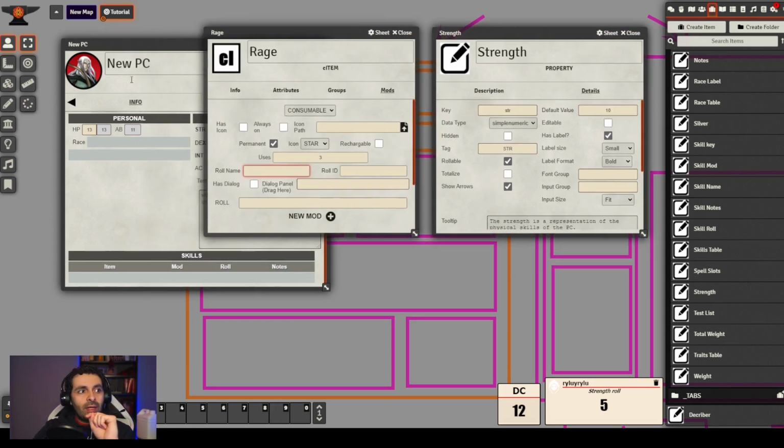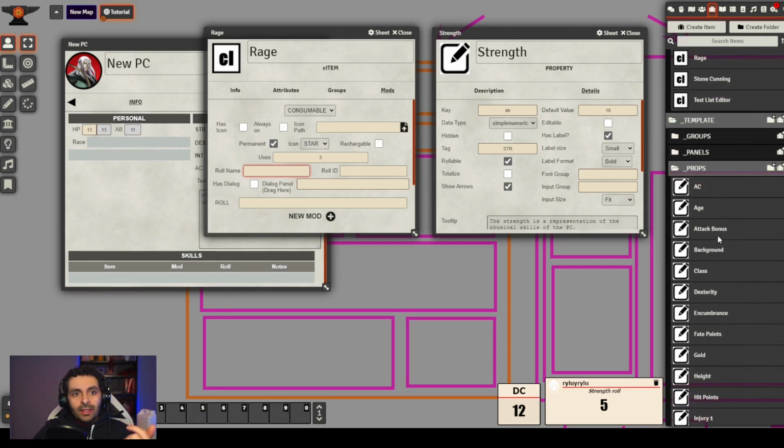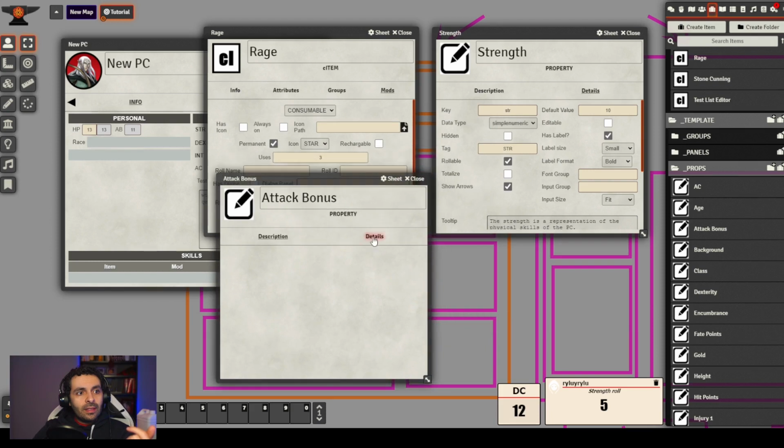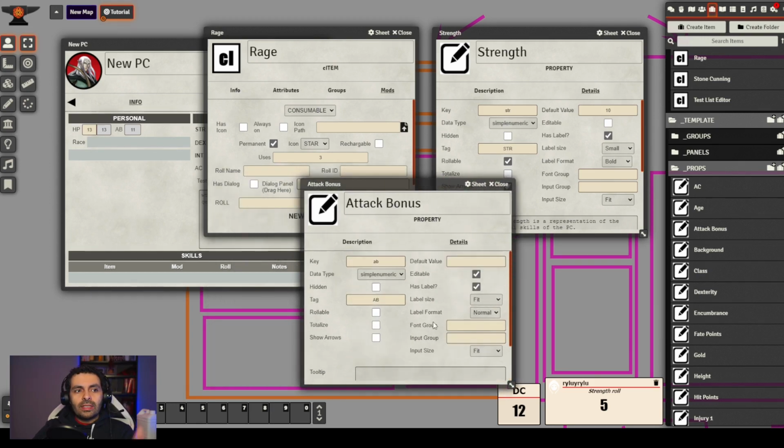The second place where you can use role expressions is the auto field of the properties. So simple numerics, checkboxes recently. What else?